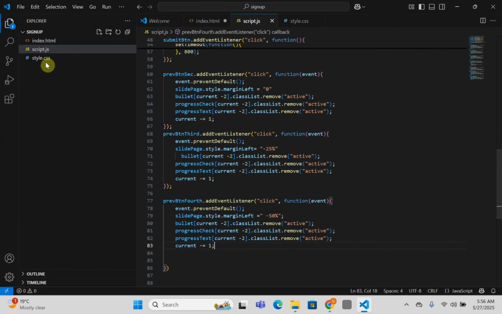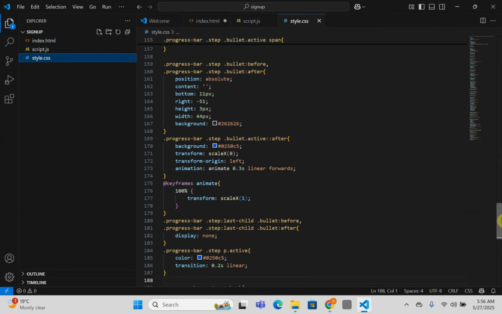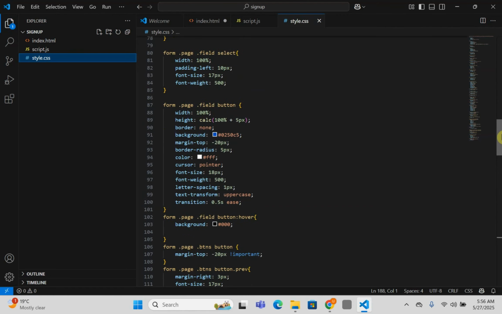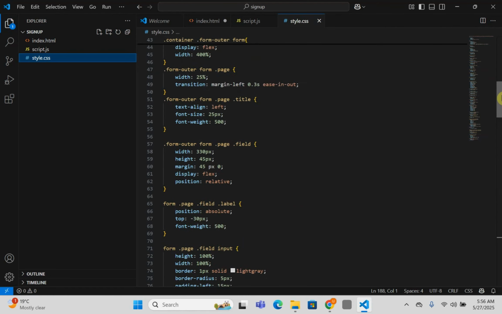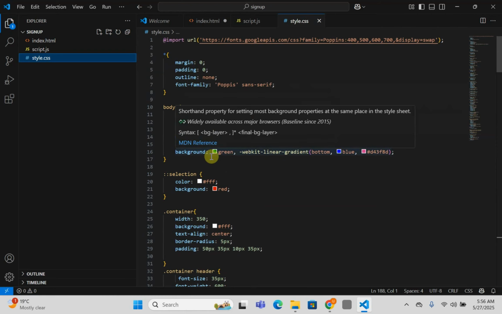So in style and in the style on the body thing, on the body we have in the body you have a display justify min height